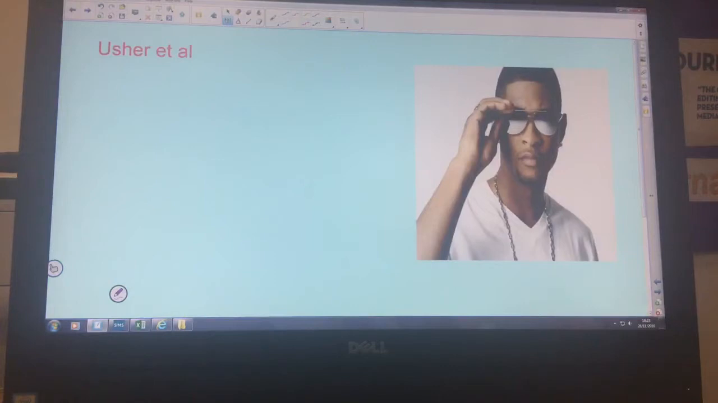Now finally, Usher et al., not the real Usher of course, but a sociologist called Usher, et al. just means and others, who was working with other sociologists that just weren't as famous as he was, so he got the most recognition. Usher et al. is a postmodernist who agrees with what Kenneth Thompson talks about. And what Usher et al. do is they provide examples